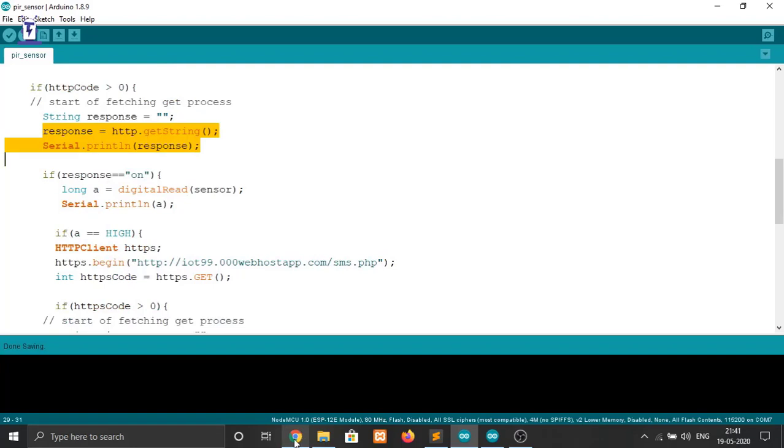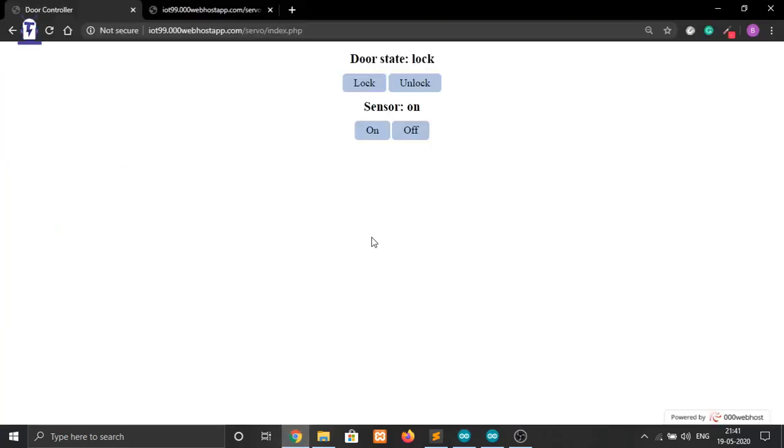Now why have I done this? Please listen very carefully. When will our sensor work? The sensor is used here to detect an intrusion in our house. That is, when nobody is in our house, and if anyone breaks our door and enters the house, then we will get a notification from the sensor. Now if everyone is in the house, then we can simply switch off the sensor, because if anyone breaks the door and enters the house, we will already be inside the house, and we will get to know that somebody has entered our house.